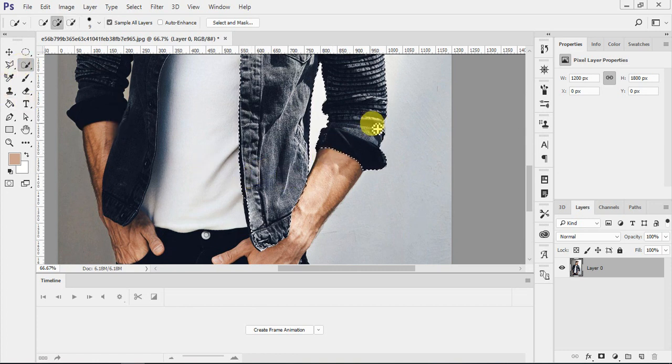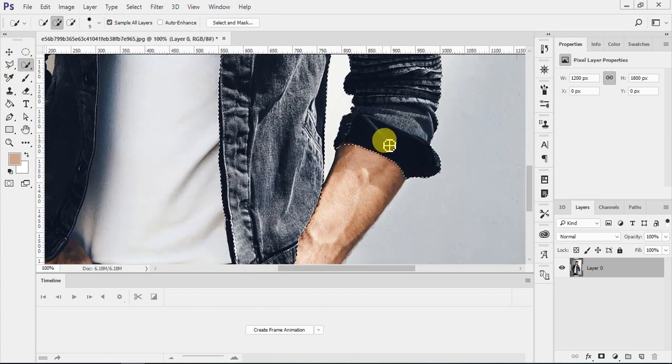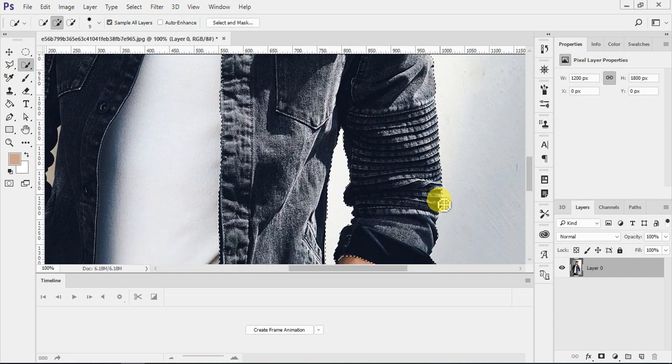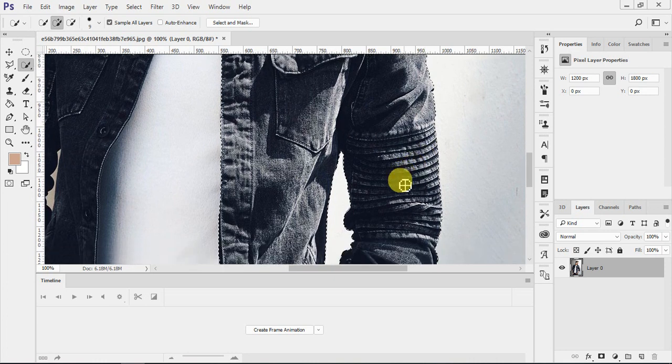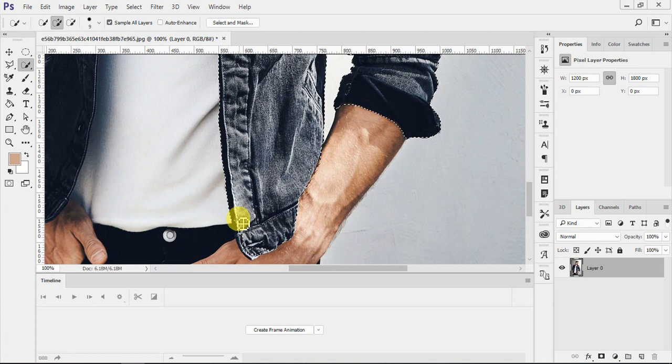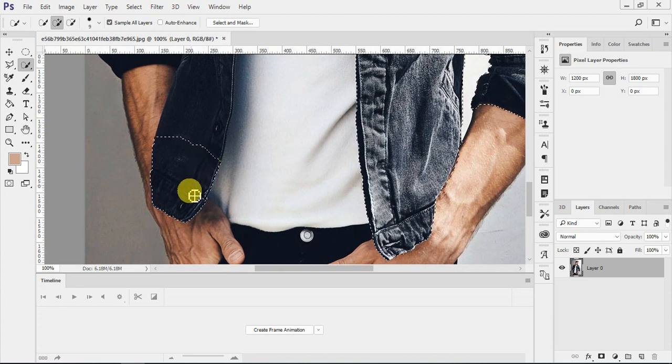If the image is not clear or not HD, you will use the pen tool to select the outline of the jacket. In that case the pen tool will work well. For now we are going to use the quick selection first, for better work. If you want a perfect result, and if you are not hands-on with the quick selection tool, then you can use the pen tool. The same from here.